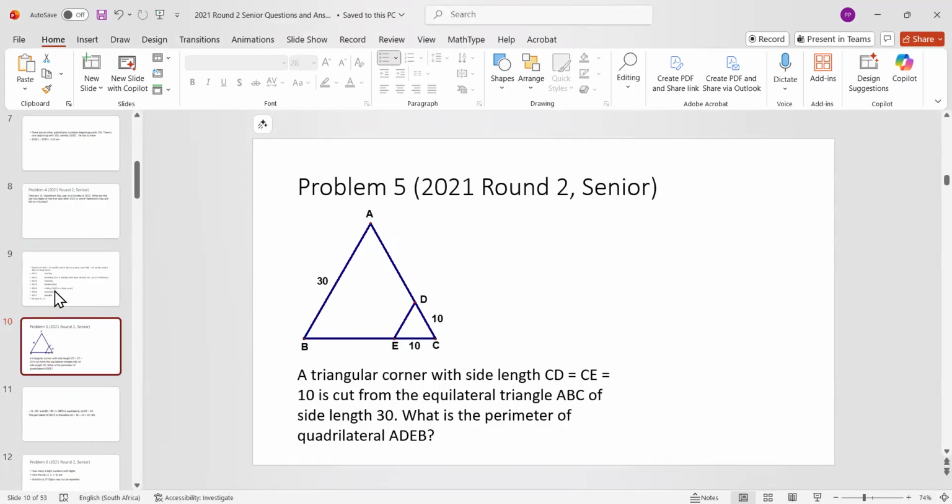Problem number 5 seems to be a geometry problem. So I say a triangular corner of side length CD equals CE, of 10 centimeters, is cut from an equilateral triangle ABC. So this large triangle is an equilateral triangle,